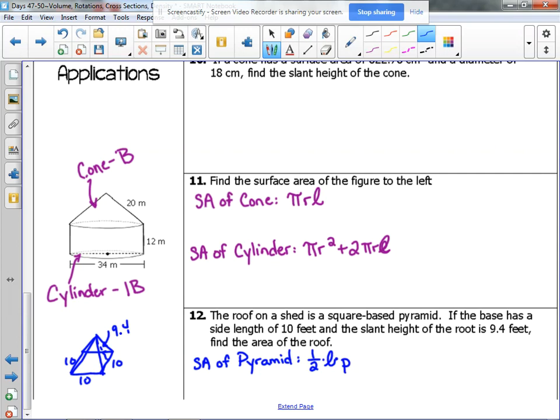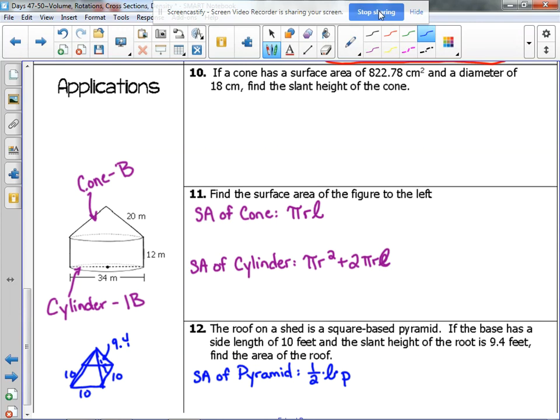So we don't need the plus B. We just need the 1/2 times L times P. We don't need the plus B because that's the area of the base. The base is not part of the roof. The roof is the sides of our pyramid. Okay, so I've set those two up. You should be able to plug in the specific